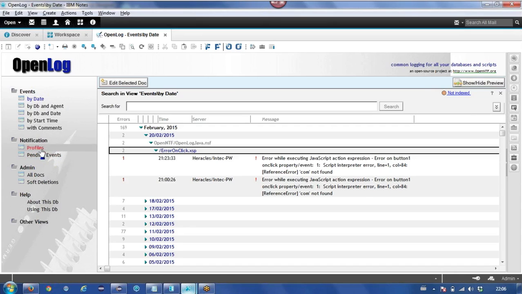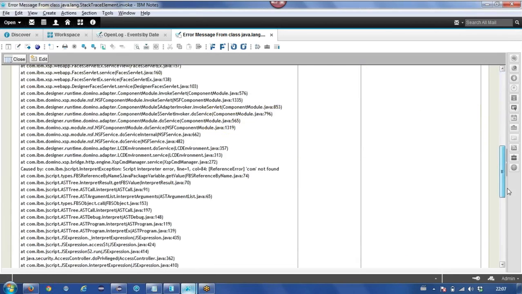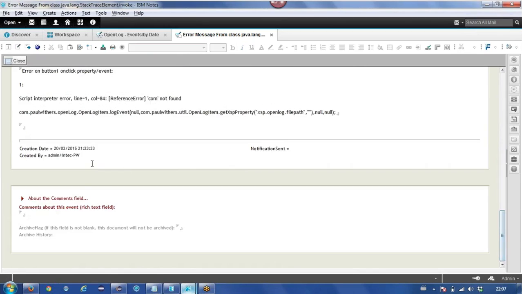So if you want to help, certainly reach out to Paul through OpenNTF or his blog, or his email address is available, and maybe that could be worked out. Yeah, there are some additional options that are available, like setting up profiles, and you can actually add comments onto the logs in the Notes client. Yeah, but that's getting fancy. But even just a viewer, yeah.